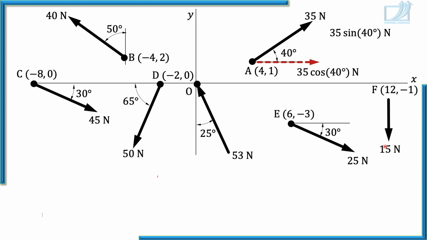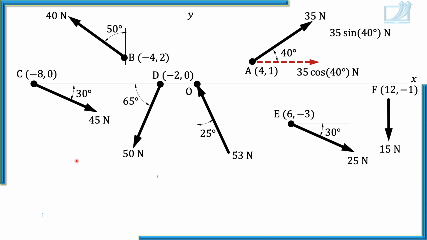When we solve a problem, we need all x components, or x components of all forces, simultaneously or at a time. And also, we require y components of all forces simultaneously. How do we add forces? So simple, we add x components and we add y components. You know that force is a vector quantity. You cannot add just the magnitudes of all these forces.